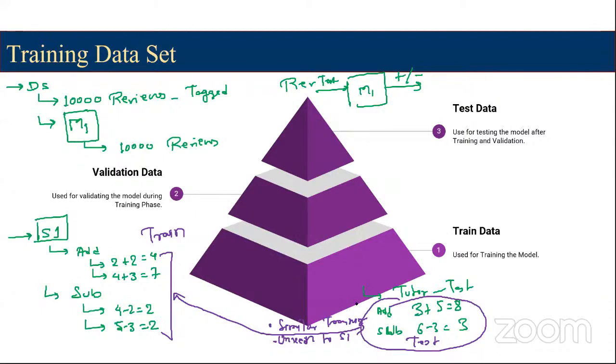The best way of doing that is to partition our data set into two splits: train data set and test data set. Now the maximum data should be kept in the train data set, because we should use the maximum data for training the model, and we should keep a sufficient amount in the test data set for evaluating the model. So if we partition the same data set into two parts, train and test, you know that the test data set is going to be unseen to the model, but at the same time similar to the training data set. And that is the whole purpose behind partitioning your data set. Okay,